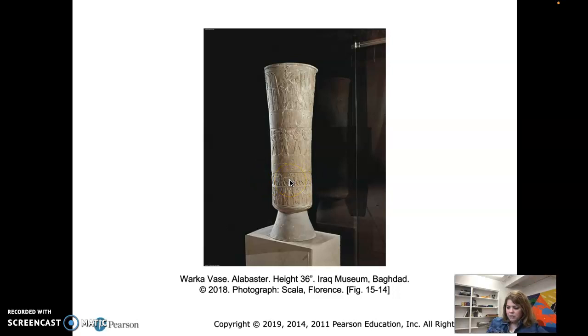And then above that, we have nude men bringing baskets of food offerings here. And at the top, a man brings an offering to Inanna. You can't really see that very well in this picture, but she is the goddess of fertility. And she was a very important goddess to the people of Sumer. And she stands at the entrance of her temple, and she's receiving gifts from these men that bring her baskets of food and offerings. And Sumer eventually fell to the